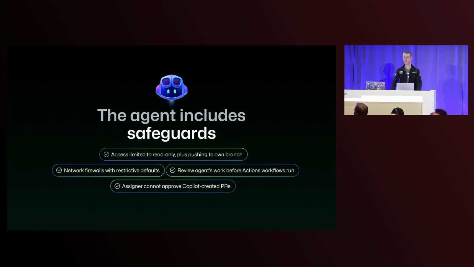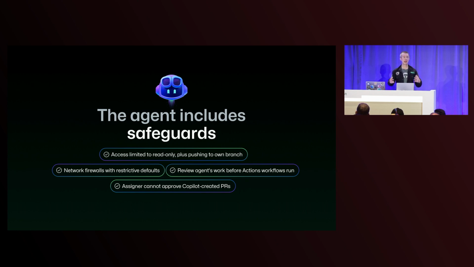We care a lot about helping you to get these AI agents into your team to help you to be more productive, but we also want to do that safely, as I said earlier. So as we've been building Copilot Coding Agent, we've really designed it from the ground up to try to keep your data safe and ensure that your normal development processes are being followed safely and securely. There's a few examples of that on this slide. First off, Copilot only has read access to GitHub, so it can't make changes that you're not expecting, with one exception, which is it has the ability to push to a specific branch that's been created for it.